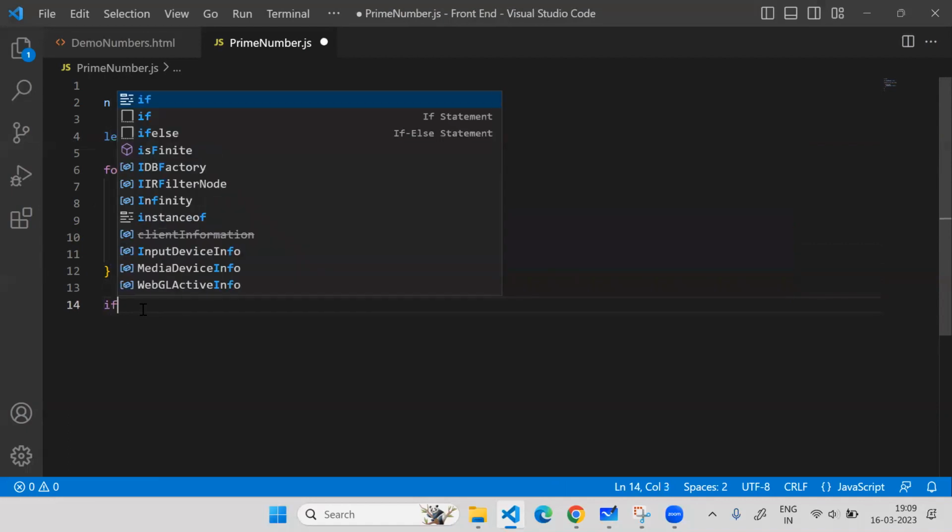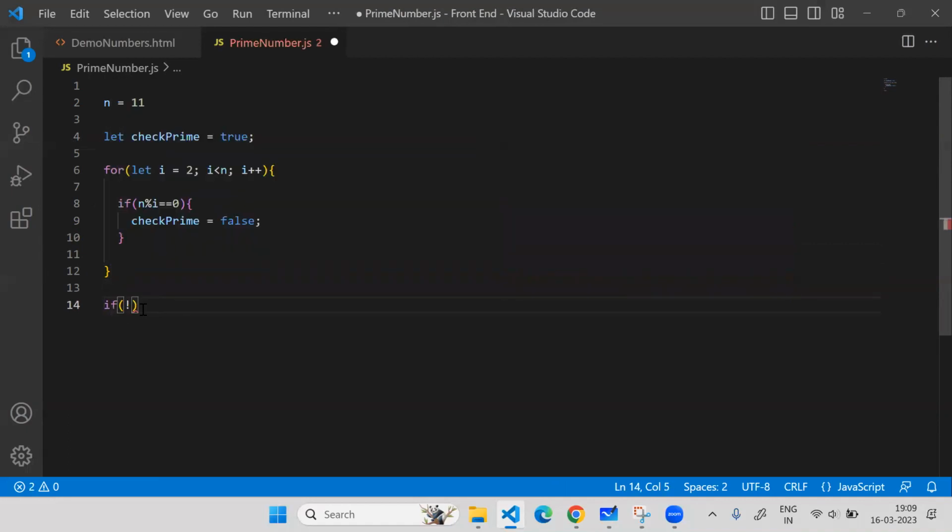And if not check prime, so I used the not symbol here, or we can use if check prime is equal to true, meaning in any of the conditions, if this status is not changed to false, in that case,